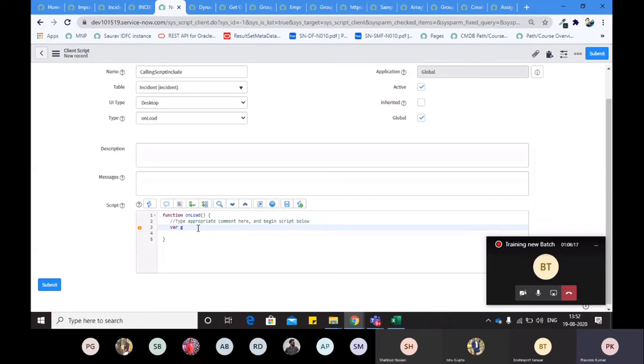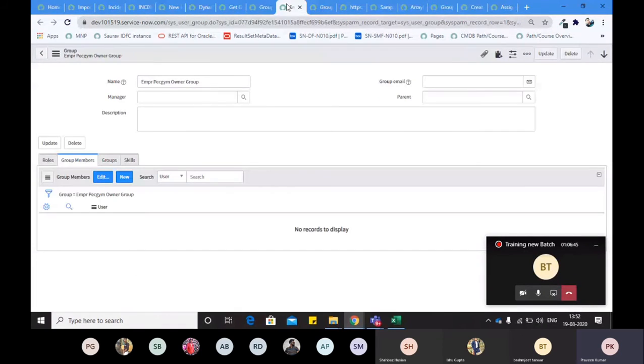There is one more class which works at the client side only, and that class is GlideAjax. How it works? In this way. This is the GlideAjax class, and whatever script include I want to call from the client script, I will give that script include name here. But before that, I am creating a script include dedicated to the client part.